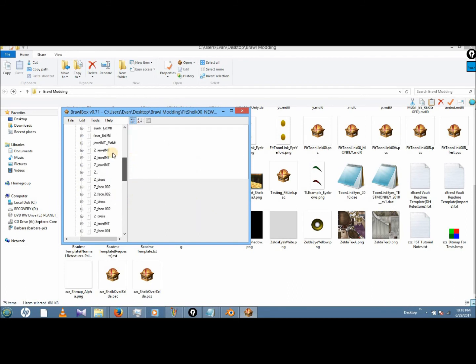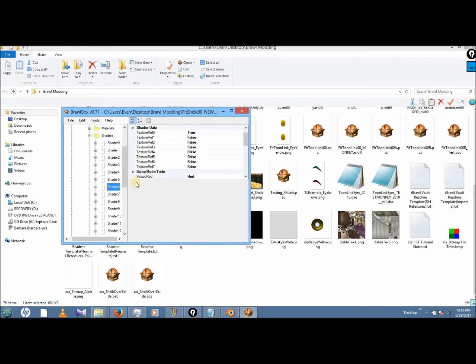So now I will figure out what shaders these use. Shader 6. So 6 onwards, those can be deleted.